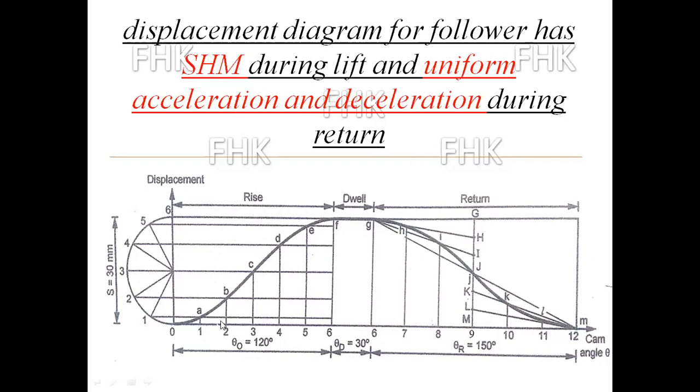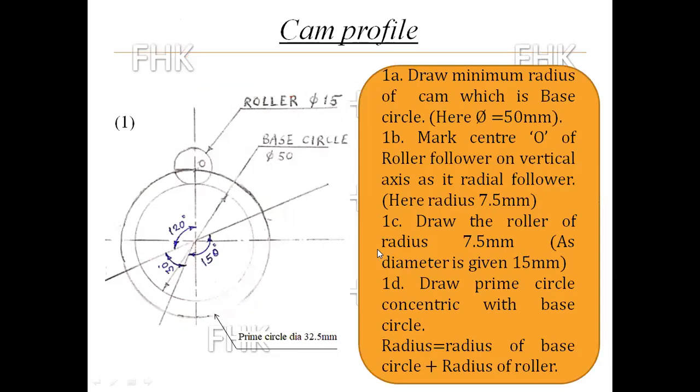Now I will take this distance. That distance is applicable for 1a, 2b, 3c, 4d, 5e, and 6f. These points, and 6g, 7h, 8i, 9j, 10k, 11l, and this last point is this straight vertical distance I will use for drawing the cam profile, as you know. Now the first step to draw the cam profile is to draw the minimum radius of the cam,